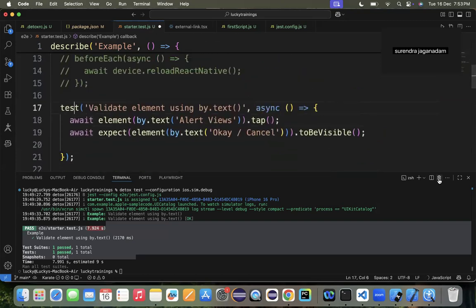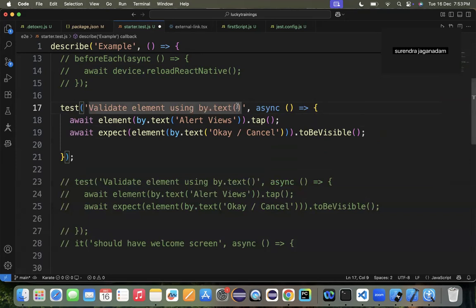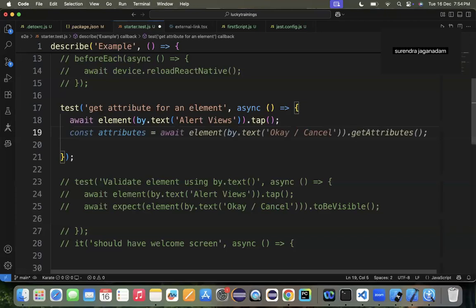And I'm just naming this test as get attribute for an element. Okay, so I just want to get an attribute for an element. So here, what I want to do, the get attribute here is, so probably, so as and when I have